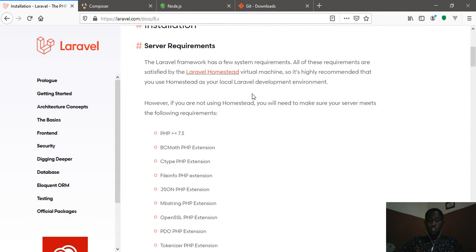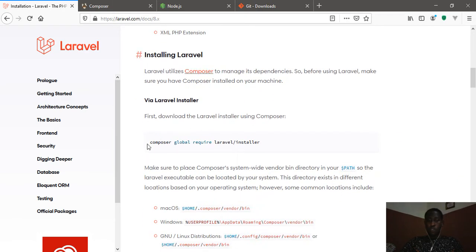So when you go to the documentation, just the way you normally install it before, you install using a composer. Okay, like I said in the previous clip, you need a composer to install Laravel. Okay, now with this command, composer global require laravel/installer, what you're simply doing is you are downloading, it will download the Laravel installer into your system and register it globally on your system so that the Laravel command will be available when you need it, because you need Laravel command to build your new application. Okay, so composer global require laravel/installer is the first thing you're supposed to do if you're working with Laravel